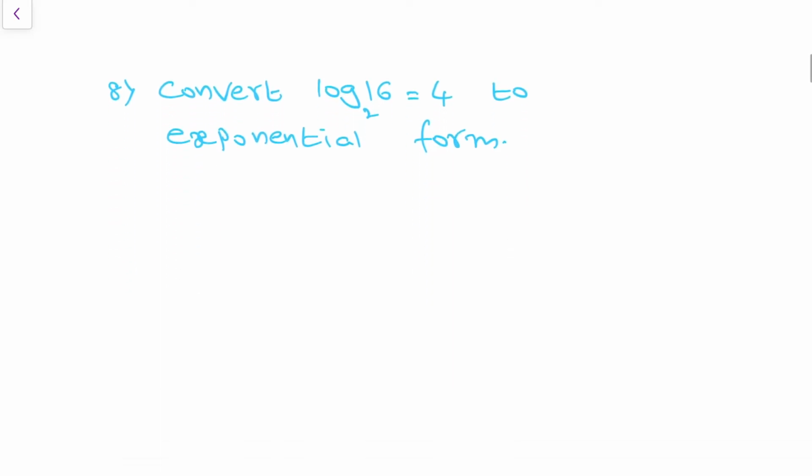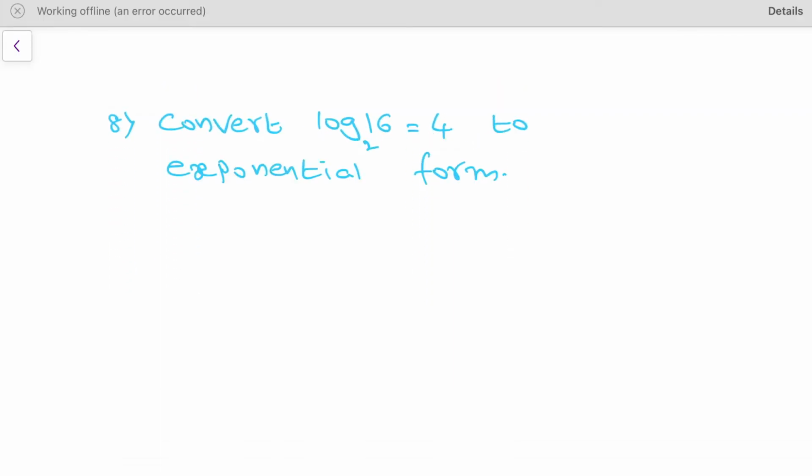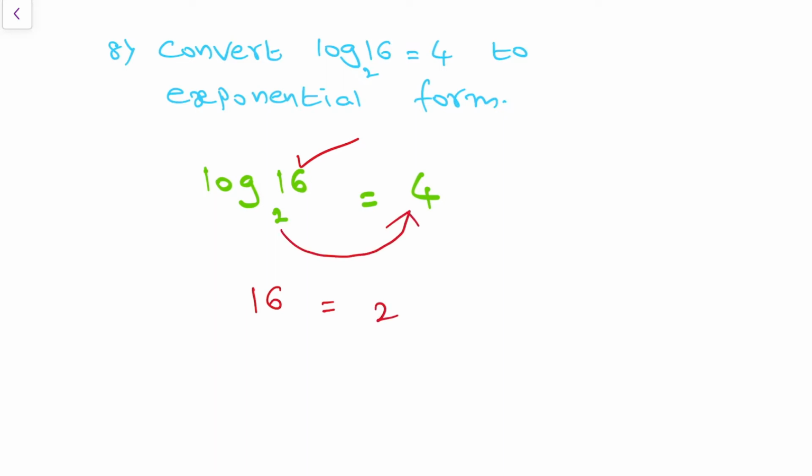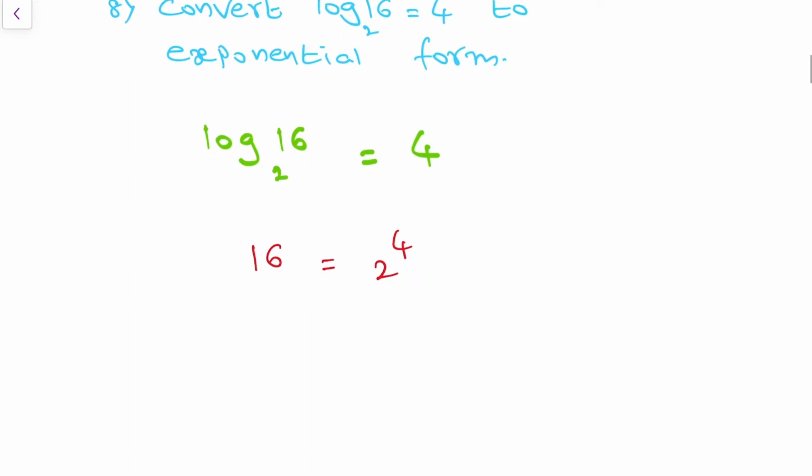Next, now in reverse. In the question, they only mentioned a logarithmic form and we need to convert to exponential form. So, the question is log 16 base 2 is equals to 4. It's very simple. This is the main number 16. So write that main number is equals to, take this base as the base only, 2 power 4. So here also 2 is the base. So log 16 base 2 is equals to 4 is nothing but 16 is equals to 2 power 4. This is the conversion from logarithmic form to exponential form.